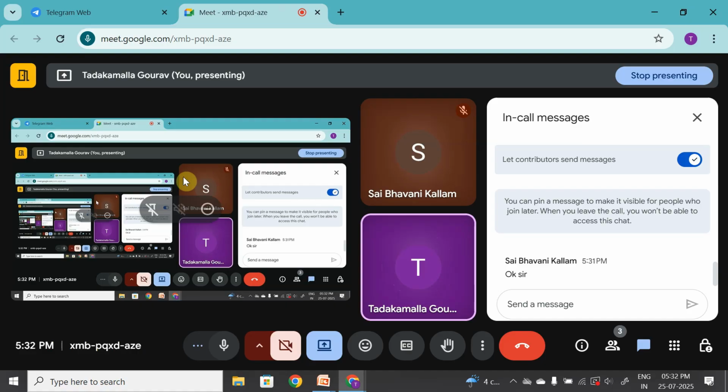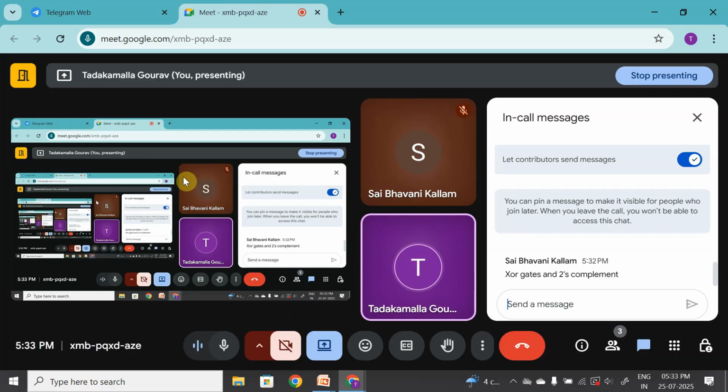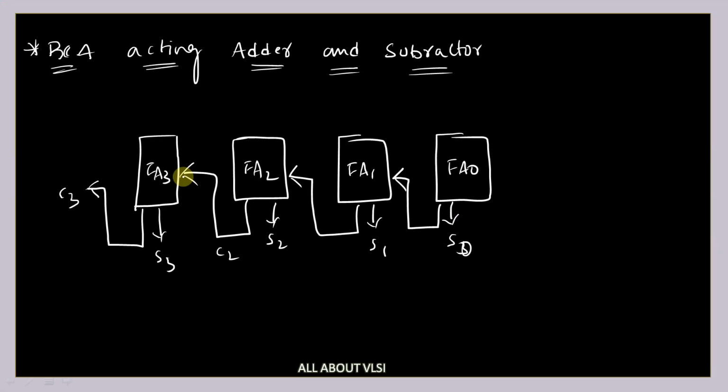Okay, how to make an RCA adder which can act as both adder as well as subtractor. So what concept can we apply here? Exactly. So basically we know that A minus B can be written as A plus 1's complement of B, or A plus 2's complement of B, whatever you want you can take. So I'm considering 1's complement of B, and here I'm going to consider a signal